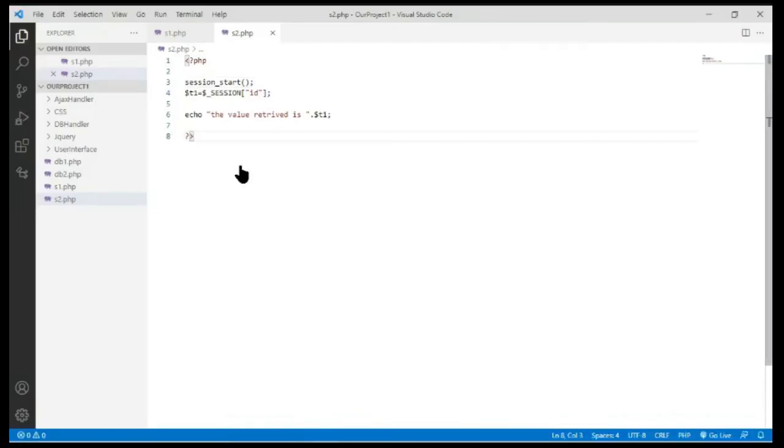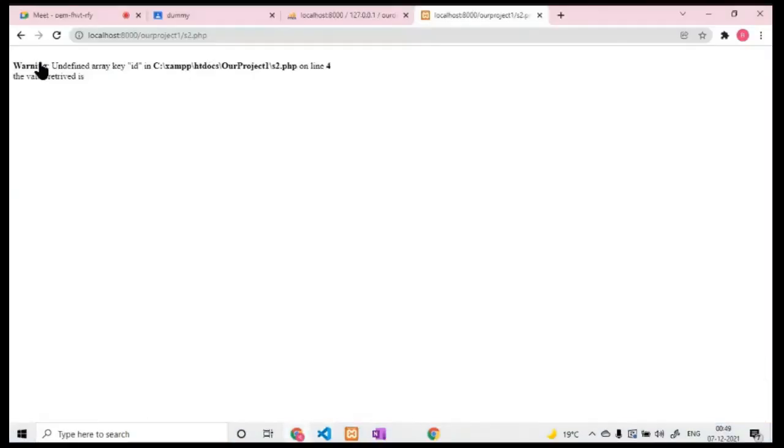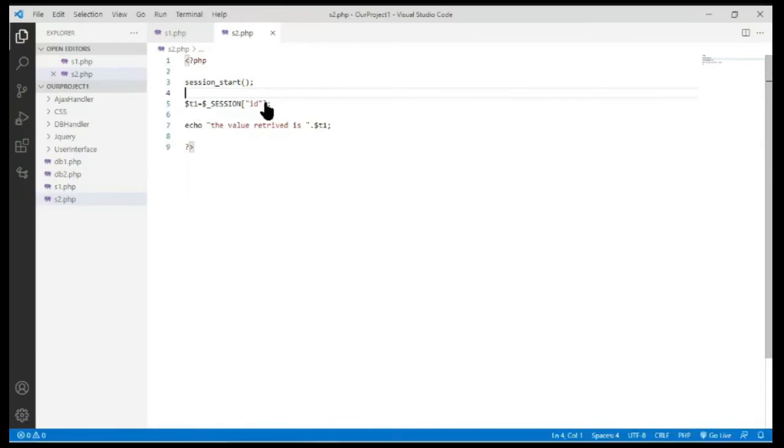Okay, now see, one thing I want to do here: first we want to verify whether that key id is there or not. If it is there, then only we want to execute some code. If it is not there, we do not want to show this warning message. This warning message is coming because we are directly trying to access this id. It will not be a problem if id is already there, but this warning message will come only when this id is not there in this session array. So for that reason,